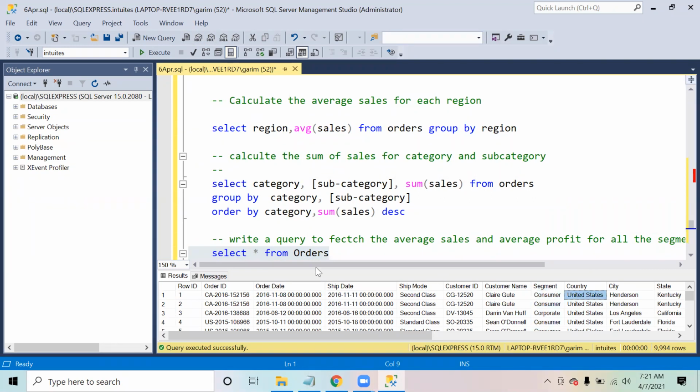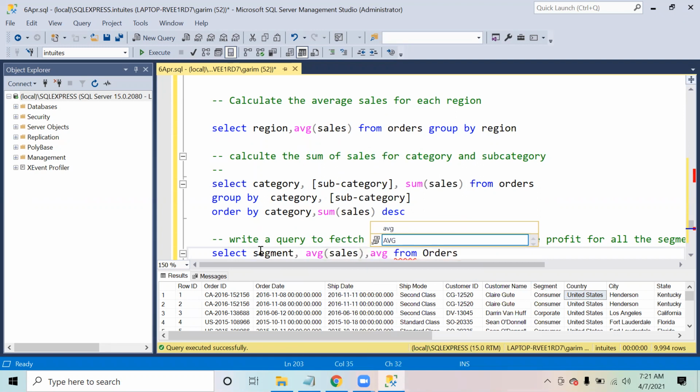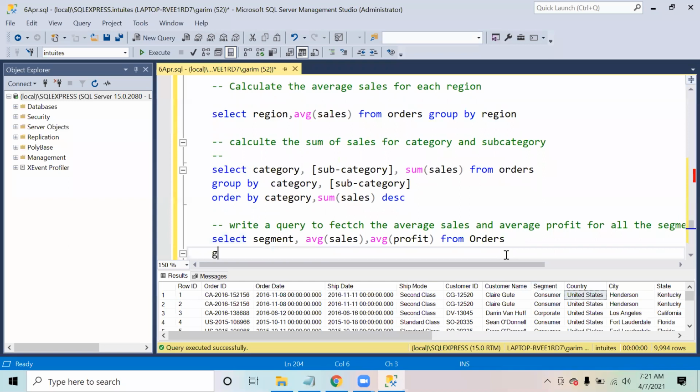So what I will do is I will simply say select segment, comma, average sales, comma, average profit from orders, group by segment.